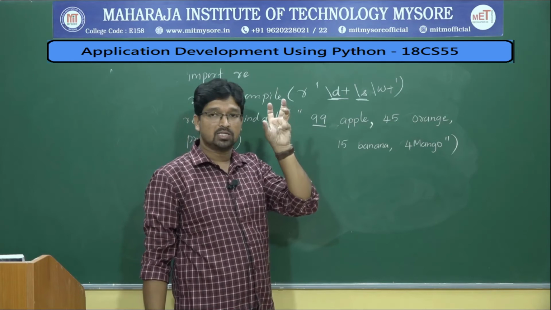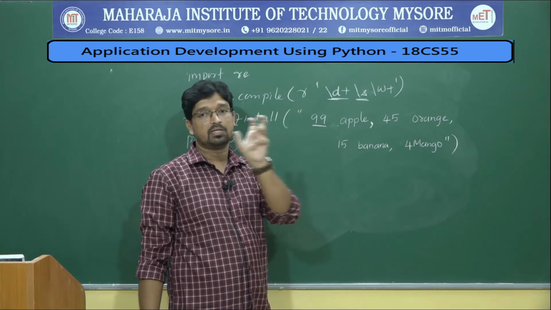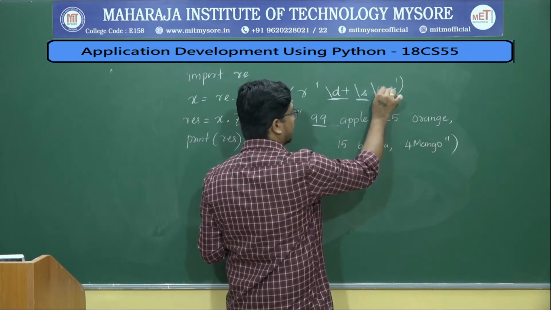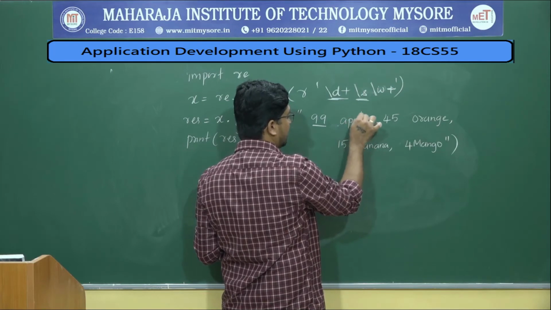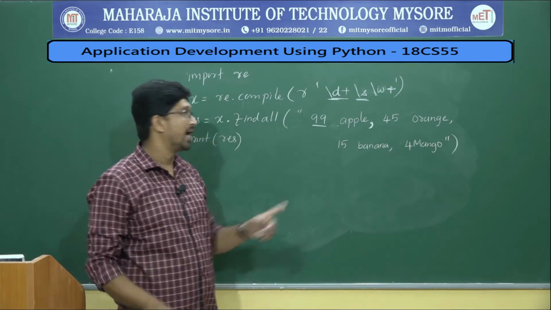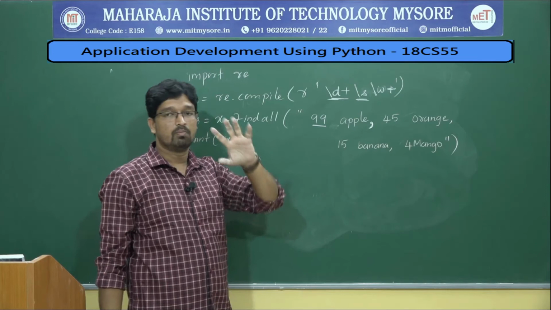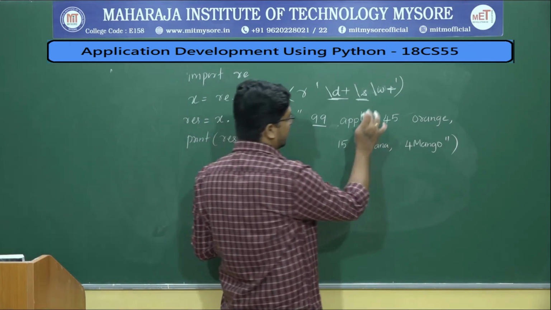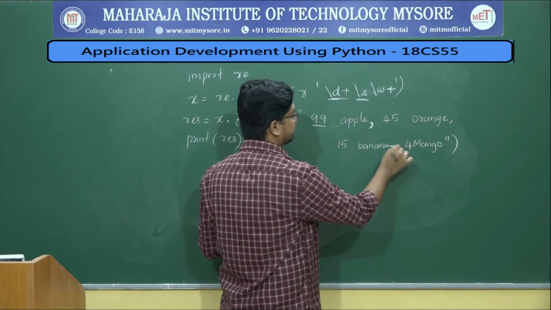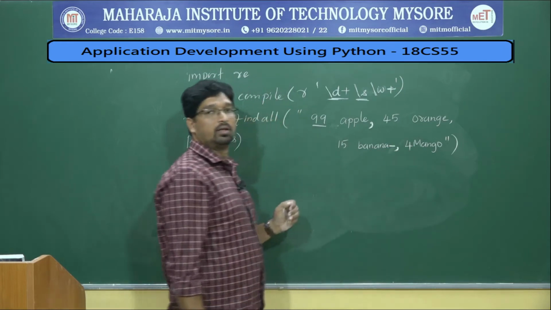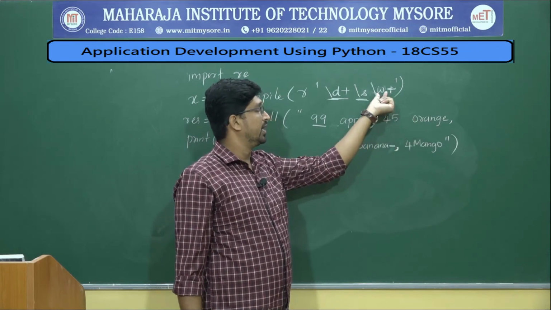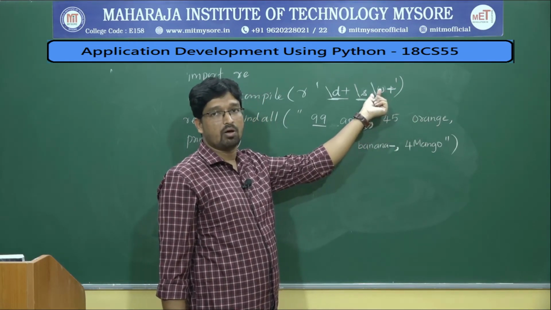Small w indicates it will match what? Characters, numbers, underscore. So I am writing the plus symbol again, it will match one or more characters. It will match A, P, P, L, E, and it will not match the comma, because comma is not matched using w, because w will match only characters, numbers and underscore. If you have an underscore, then it will match. Let us write some underscore over here. Here I will write underscore comma. 99 apple, 45 space orange. So any number of letters, numbers or underscore.